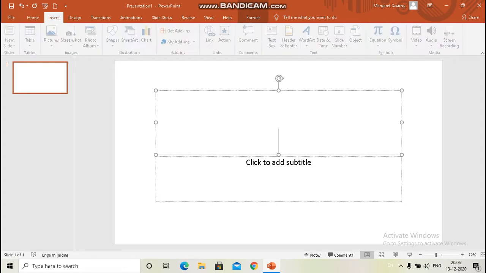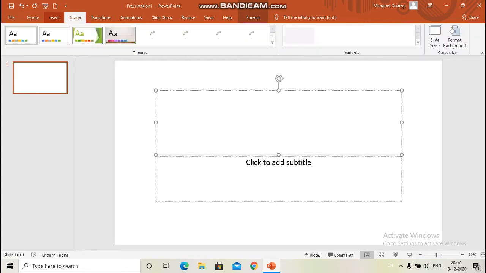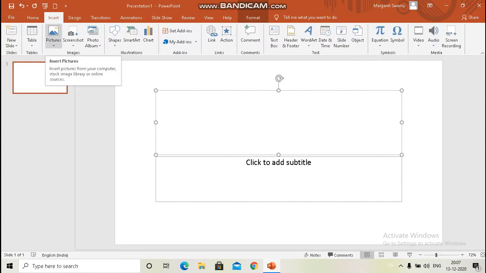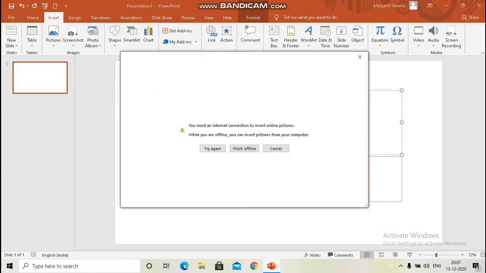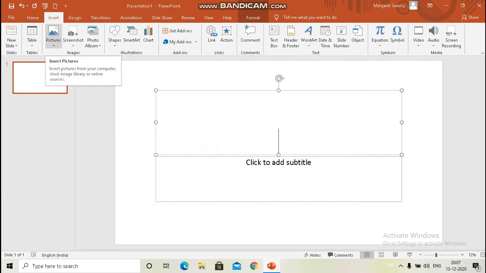These are the different tabs we have. In the Insert tab, select the Picture option. Now we have two options here, This Device or Online Pictures. Online Pictures means, when you are connected to the internet, you can select any images from the internet and put them in your slide. But I'm not doing that. Close it, click on Picture again and click on This Device.